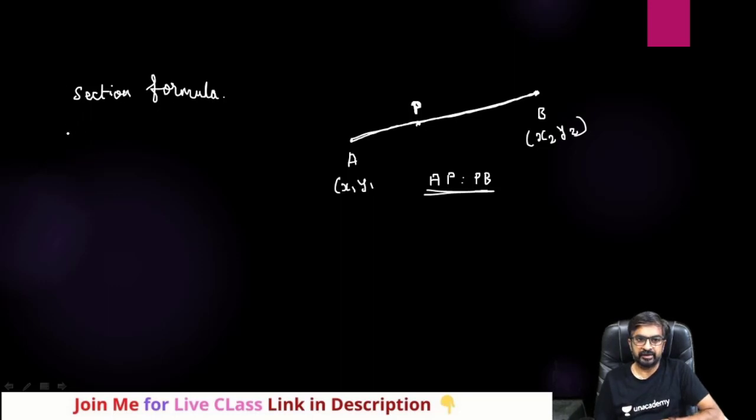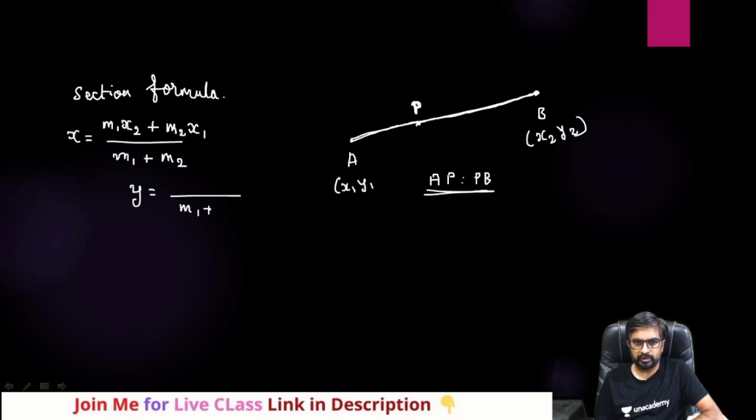Here we are having two different formulas, separately for finding x and for finding y. For finding x, let me show you how you can easily remember. Just you need to write down m1 plus m2 in the denominator and then m1 x2 plus m2 x1. This is the formula for x, and for y, let me write down y here. y equals to, again m1 plus m2 in the denominator and then m1 y2 plus m2 y1 in the numerator.